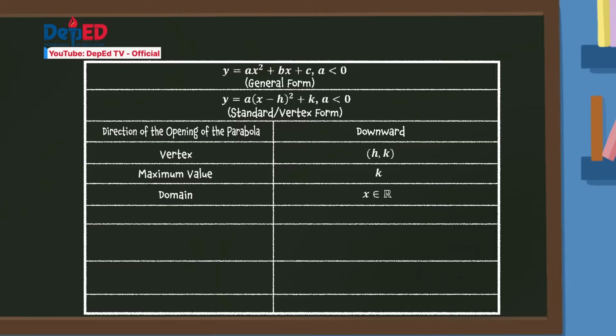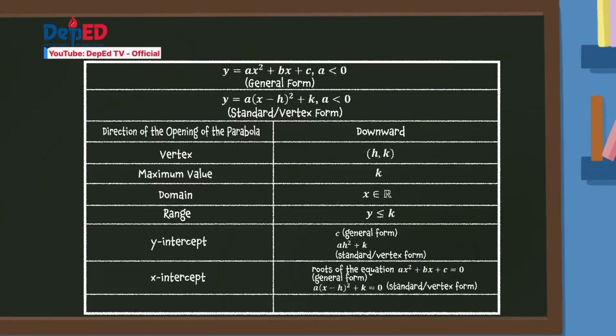Fourth, its domain is the set of real numbers. Fifth, its range is the set of all y that is less than or equal to k. Sixth, the y-intercept is equal to the value of the coefficient c in the general form. It is equal to the value of ah² + k if we are going to base it on the vertex form. Seventh, the x-intercepts are obtained by solving the equation ax² + bx + c = 0, derived